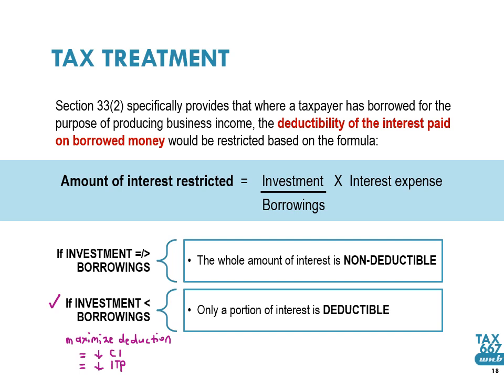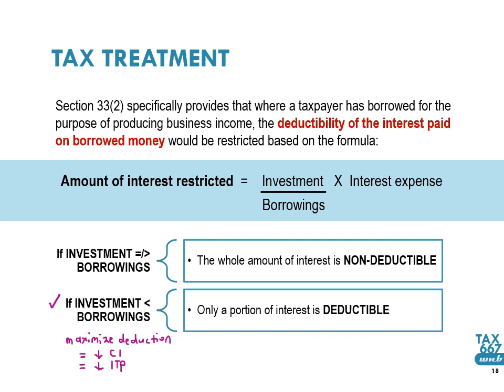purposes. On the other hand, let's say the cost of investment is less than the borrowing, meaning that you borrow more than the cost of investment. Okay, so bila kita buat pinjaman lagi banyak berbanding nilai pelaburan kita, there will be a portion of interest expenses yang akan dibenarkan untuk tolak. So, kalau kita tengok dekat sini,